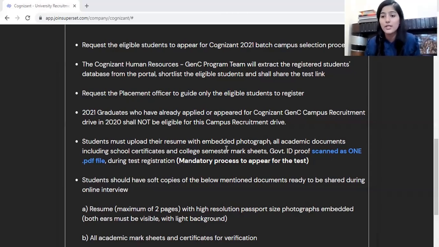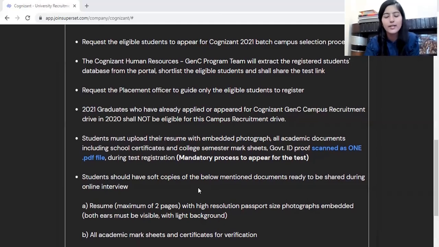I hope that now you must have understood what actually you have to do. So follow the same thing. If you make any sort of mistake, the same thing happened, कि same चीज students ने किया था Accenture के case में, right? आप properly document upload नहीं कर रहे हो and you were making mistakes due to which most of them didn't get the chance to attend the test, right? So you don't have to be that careless. Just follow the conditions that they have mentioned, and accordingly you have to make your resume, right? So I hope that now all your doubts must be clear.